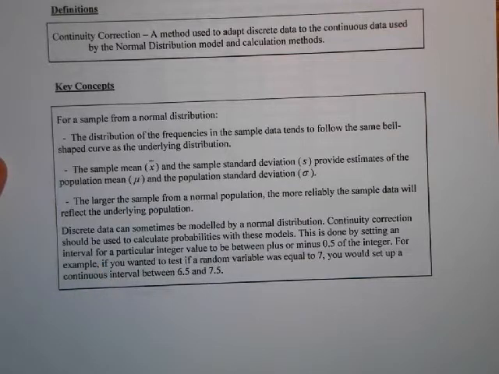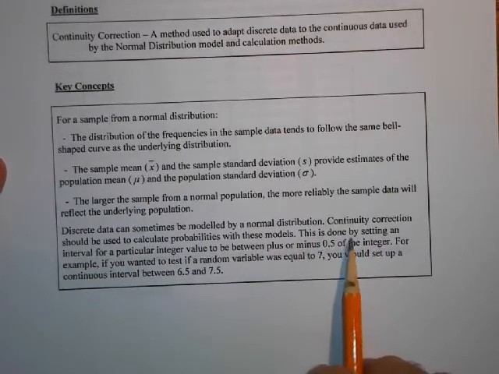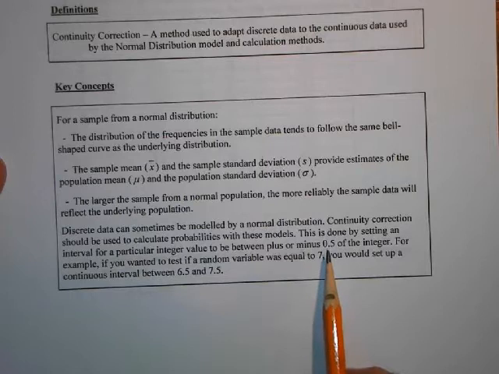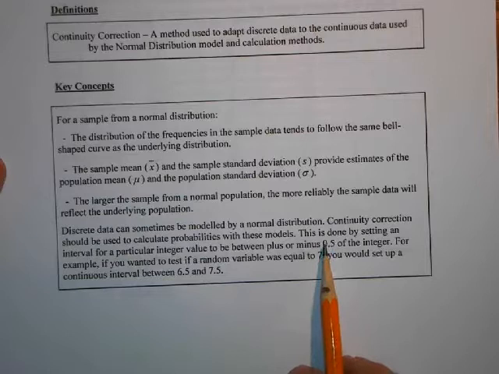Discrete data can sometimes be modeled by a normal distribution. You might be told that something that is measured in integers is normally distributed, which is fine. But what do you do when you're working with single values? Continuity correction should be used to calculate probabilities with these models. That's what we're going to learn. This is done by setting an interval for a particular integer value. So instead of testing it is the